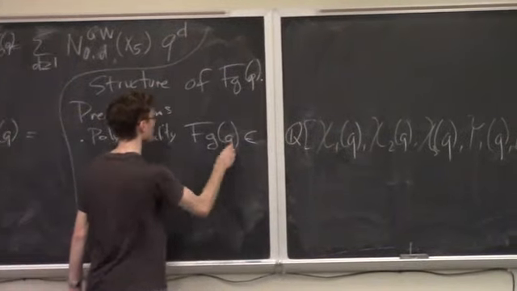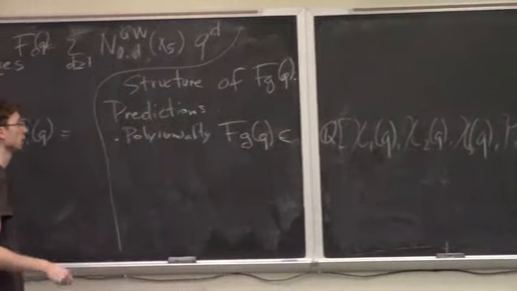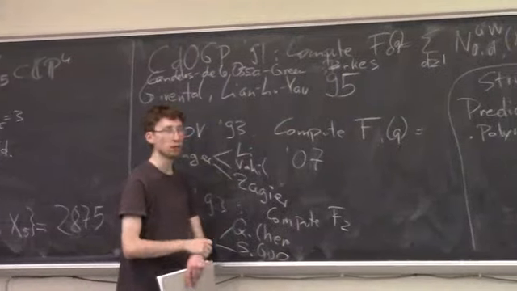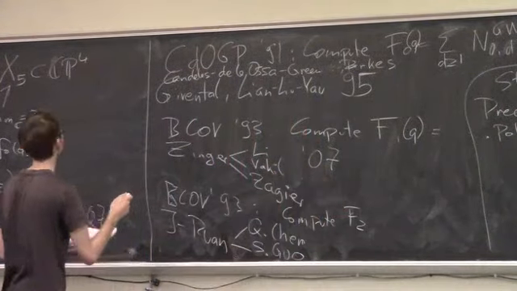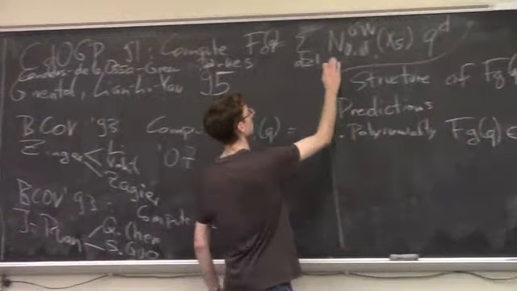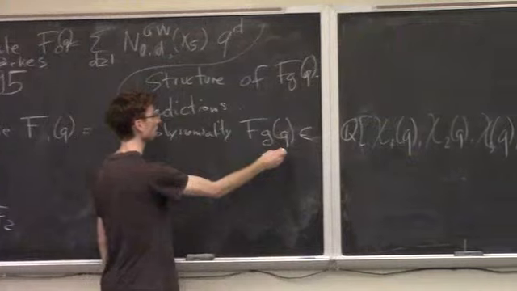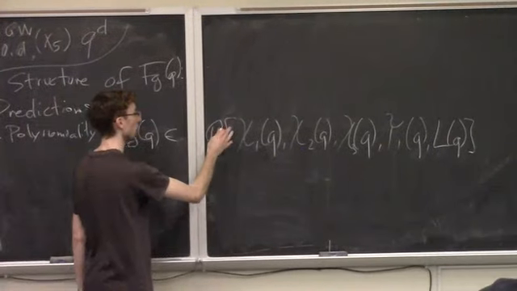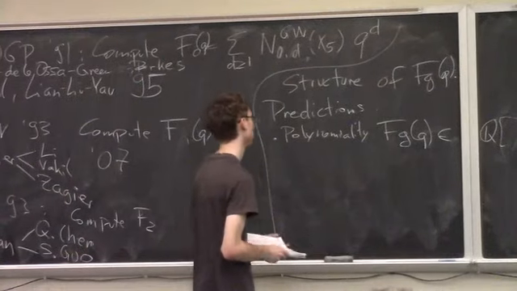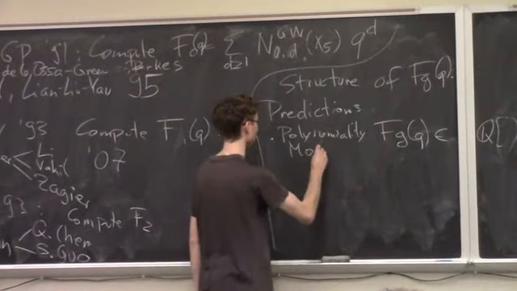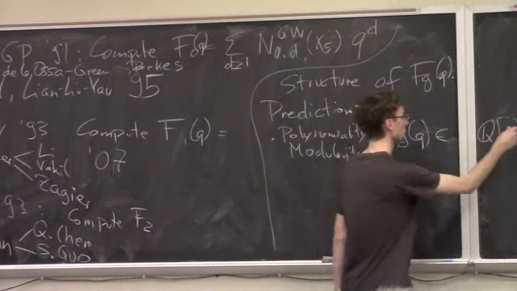So, if you know the degree of this polynomial, what it does for you is you go down from an infinite computation, where you need to compute the invariants for all the degrees, right here there's an infinite sum. But if you know polynomiality, if you know the degree of this polynomial, you're down to finding finitely many coefficients of the polynomial. And I should also say this is sometimes called modularity, because this ring is similar to